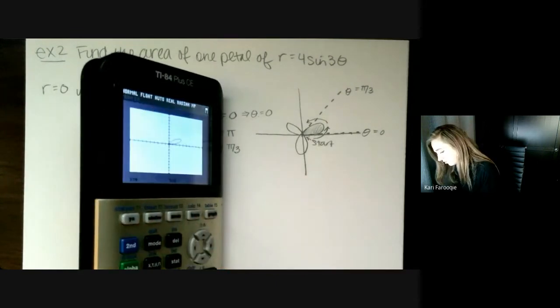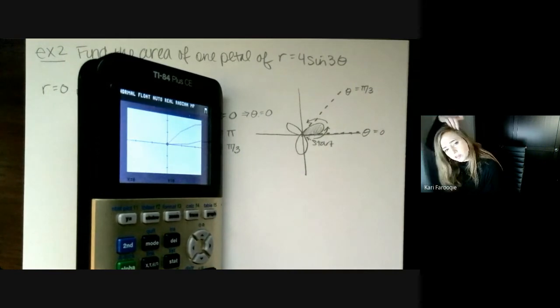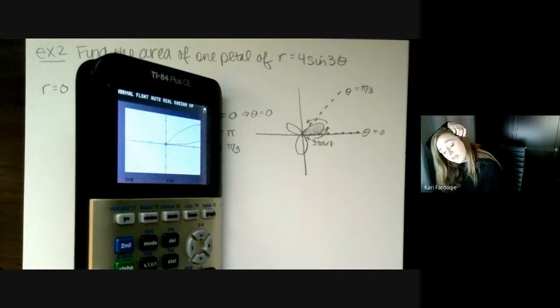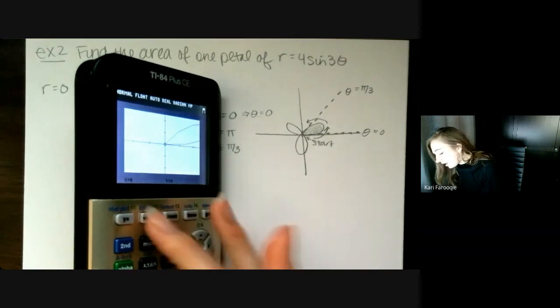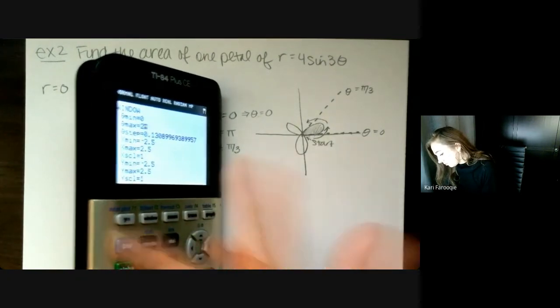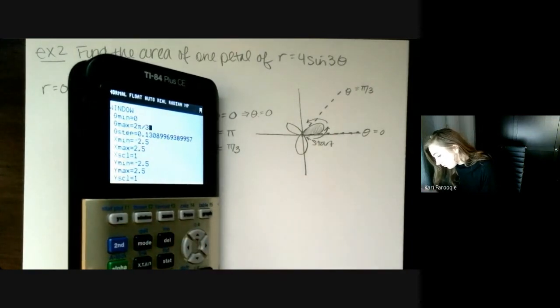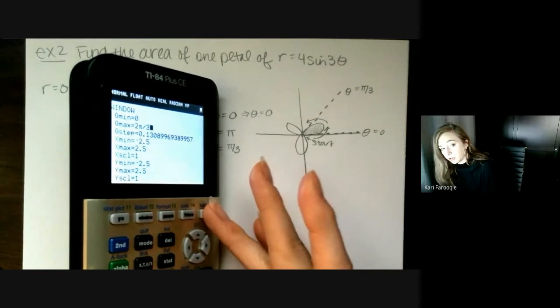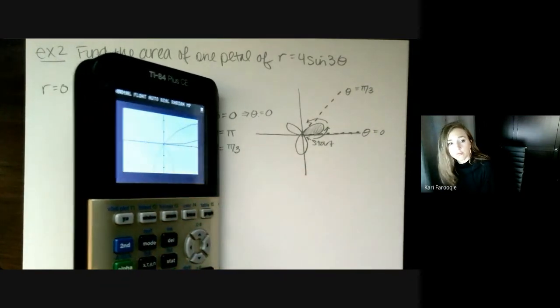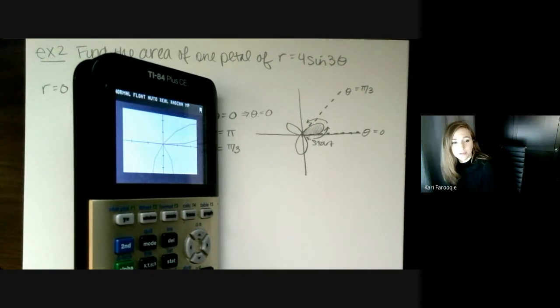I can even zoom in. It's a little bit harder to see. I zoomed in slightly too far, but you can see that that's exactly 1 petal. Now, if you accidentally took this, for instance, to 2 pi over 3, because you used 2 pi instead of pi, then you're going to see that you're actually going to get this graph, which gives you 2 petals. And of course, if you took this all the way up to pi, you'll get your whole graph.